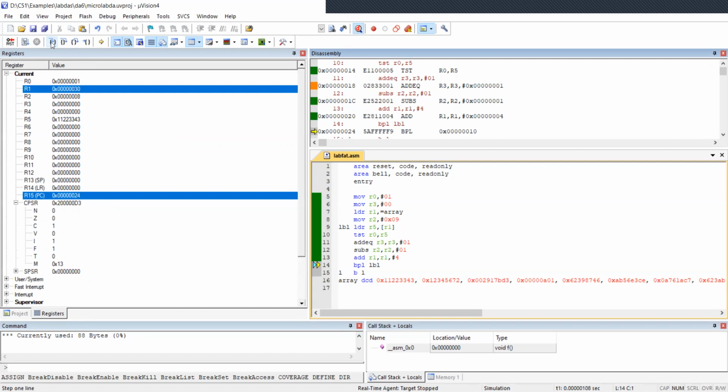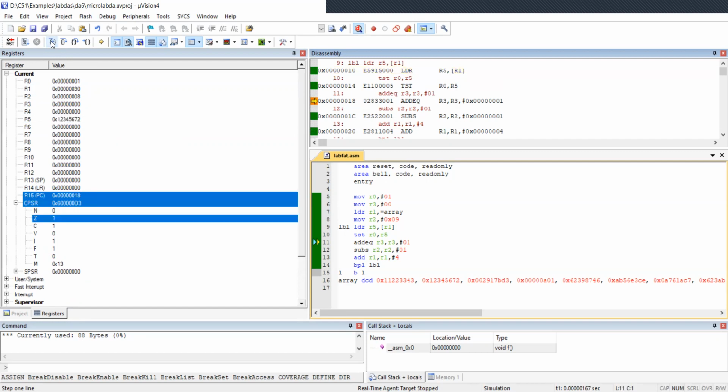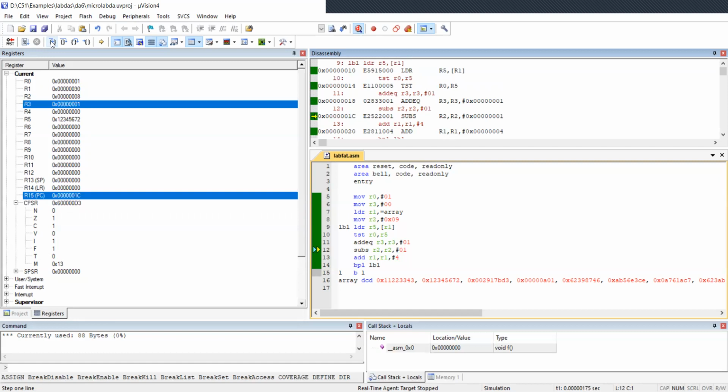We load the next element and execute the test statement again. Here we can see the Z flag is 1. Because of the test statement the Z flag is 1, so we execute the EQ instruction that adds 1 to R3. Because the array element is an even number, the Z flag equals 1, which is why we add 1 to R3.